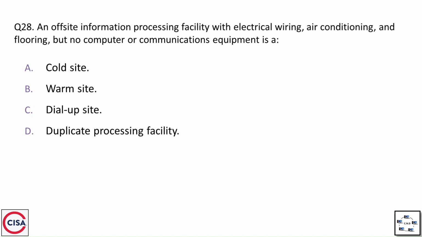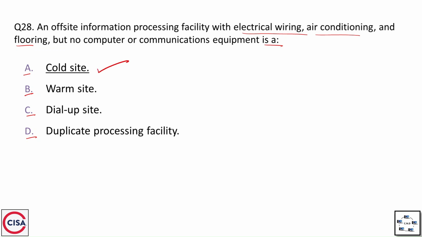Question number 28. An offsite information processing facility with electrical wiring, air conditioning, and flooring, but no computer or communication equipment is a? Option A, cold site. Option B, warm site. Option C, dial-up site. And option D, duplicate processing facility. And the correct option is